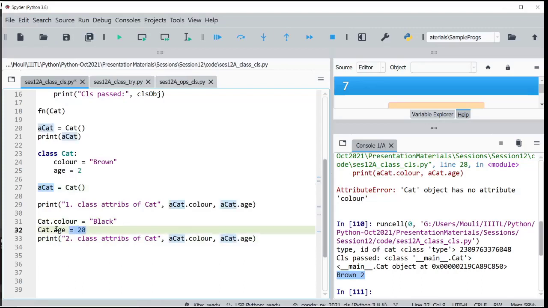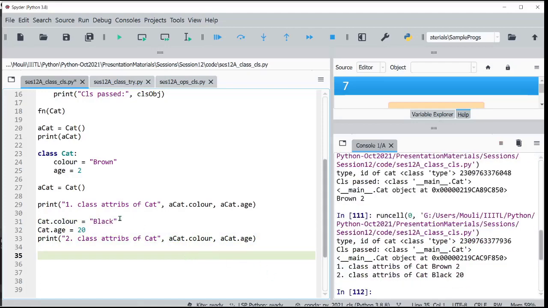I modified it with the class name only. Now do I expect the changes to be there or not? What is your guess? Do you think that whatever I did at the class level would be reflected in the object here? Yes, sir. Okay, yes. So it has been done.